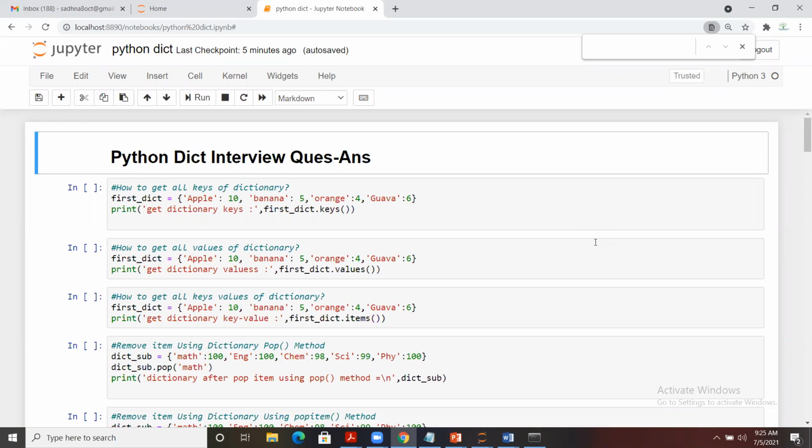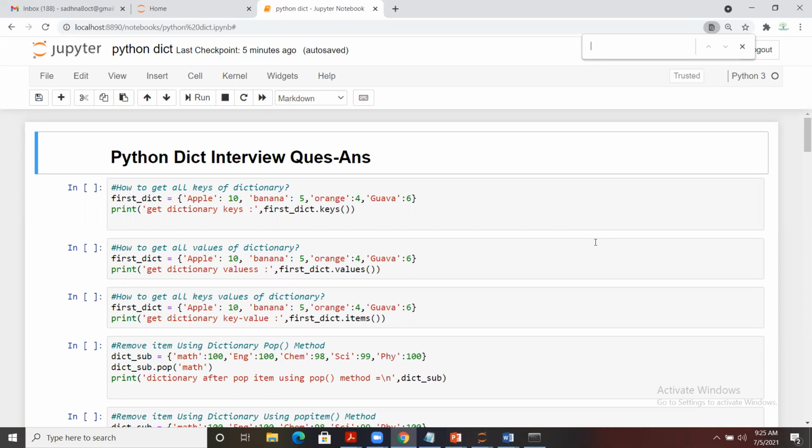Today we are more focused on the interview questions around the Python dictionary, because that is really important to take care of: how to utilize the data if we have stored it in the form of key and value pairs. In case we need to extract only the key, only the value, or both, or delete some item, or make certain changes to the data stored in our dictionary. So I've already prepared the questions, and we are going to solve them.